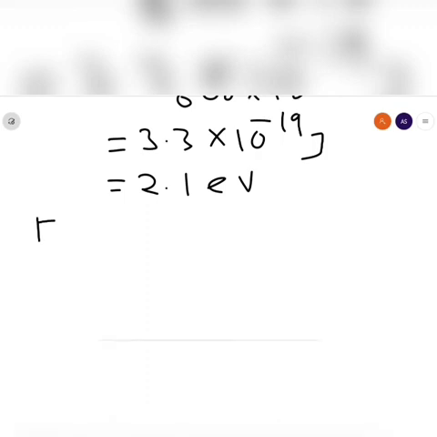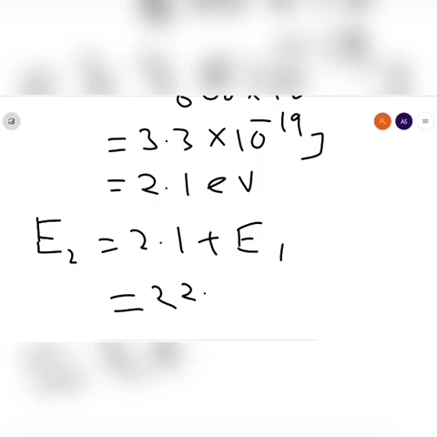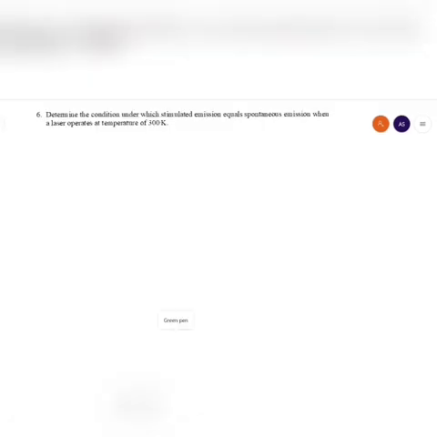Now E2 is equal to 2.1 plus E1. So your answer is 2.1 electron volt is the energy value of the excited state. In question number 6, determine the condition where stimulated emission is equal to spontaneous emission. Also given the laser is operated at room temperature. You know that stimulated emission